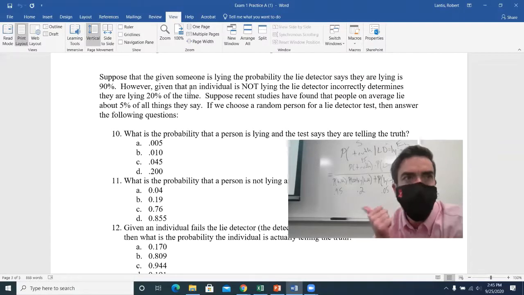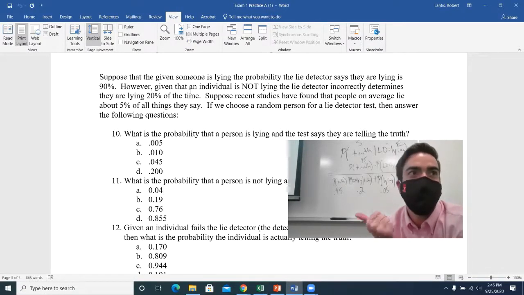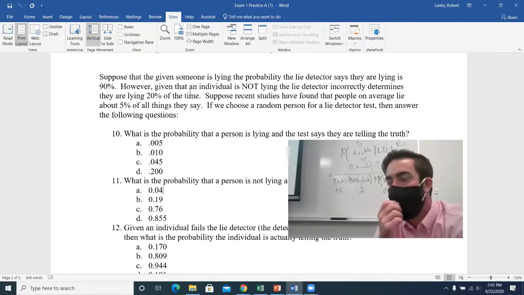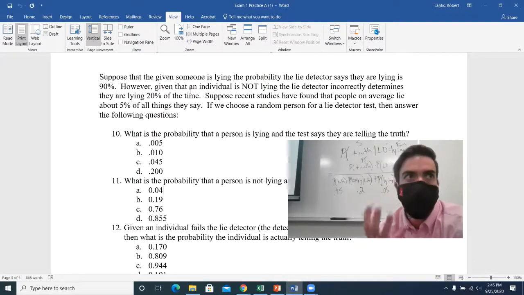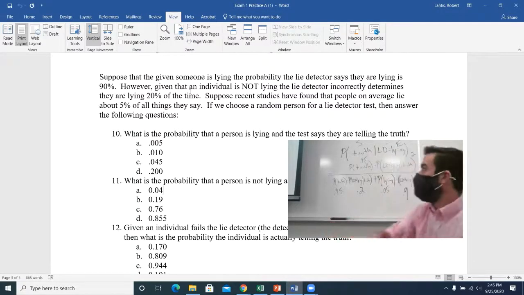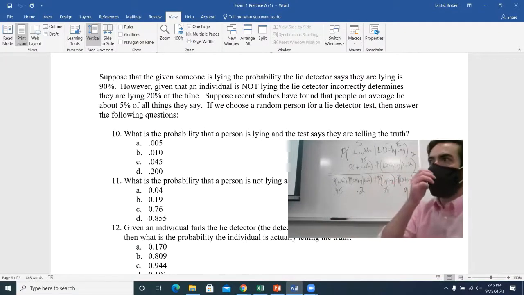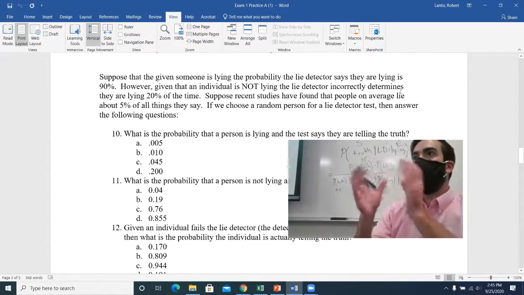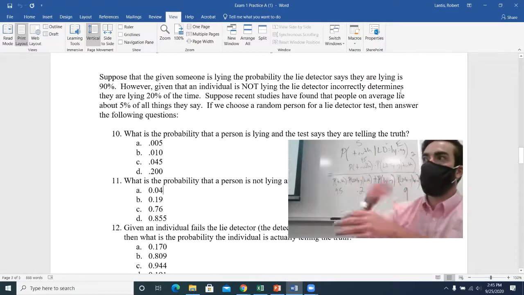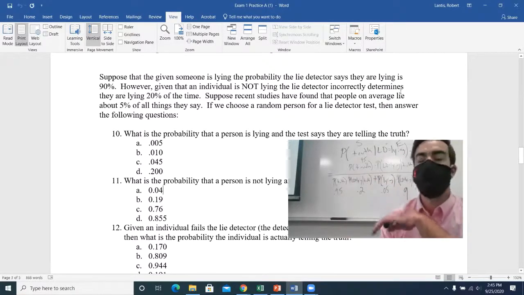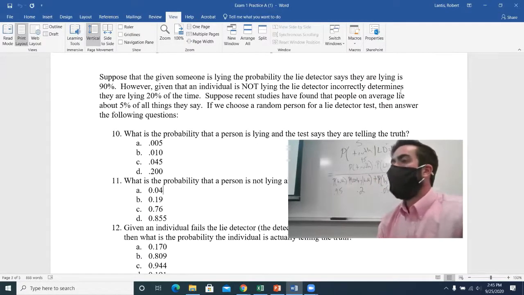I think this is probably one of the harder questions, maybe the hardest question on the exam, these Bayes ones. Just because it's a lot of information you're given that you have to write out as probabilities. I just think for whatever reason, it tends to be the one that people have the most difficulty with. So if you want more practice on it, first of all, what we did here in class today, I'm going to cut up part of the lecture into a little video so people can see me work through these two questions. But also